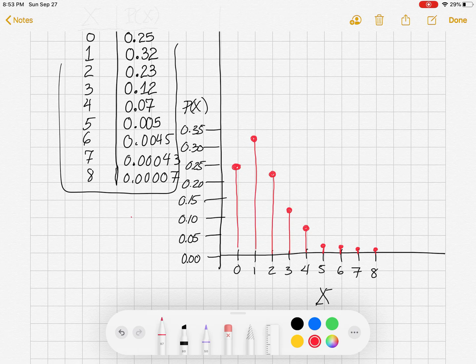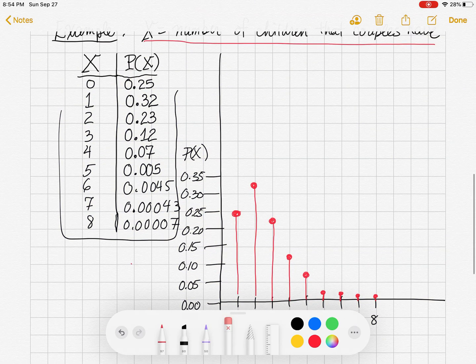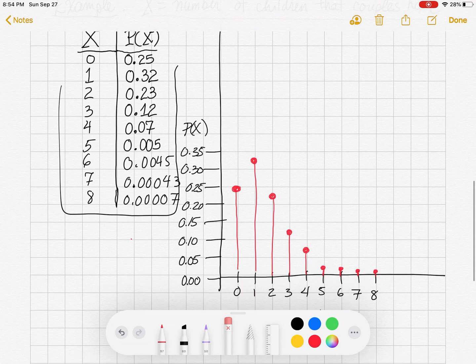Now some people actually make bars like this. And they'll shade them in and say, okay, that's a weight there. And they'll take this one and shade that one in. And they'll say, oh, that's a weight there. But I'm not going to do that. Okay. So there's an example of graphing a probability distribution. I don't think we're going to do any equations with these. You can come up with equations, but